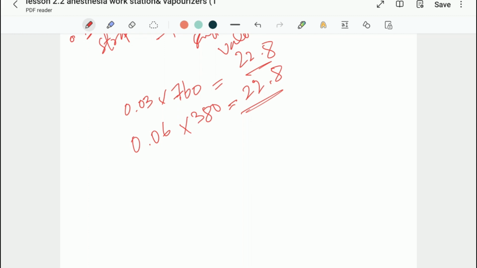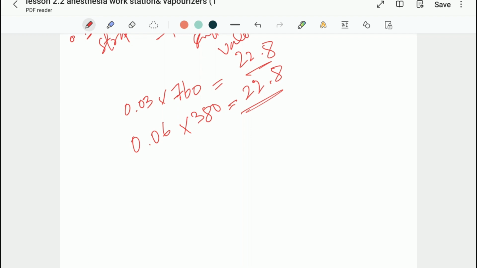So why is that? At very low fresh gas flow, which is less than 250 milliliters per minute, the output of a variable bypass vaporizer is generally lower than the concentration set on the dial. It primarily occurs due to two factors. The first is that there is insufficient pressure and density. The volatile anesthetic agents have a relatively high specific gravity. So at very low flow rates, the carrier gas entering the vaporizing chamber does not generate enough pressure or velocity to effectively lift and advance these heavy molecules upward to the point where the vaporization and bypass streams rejoin.